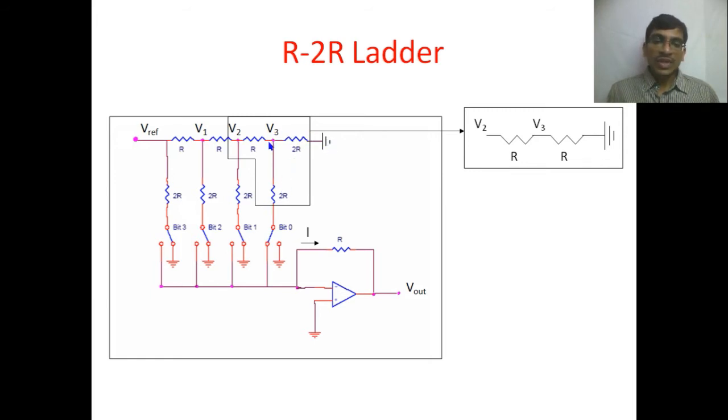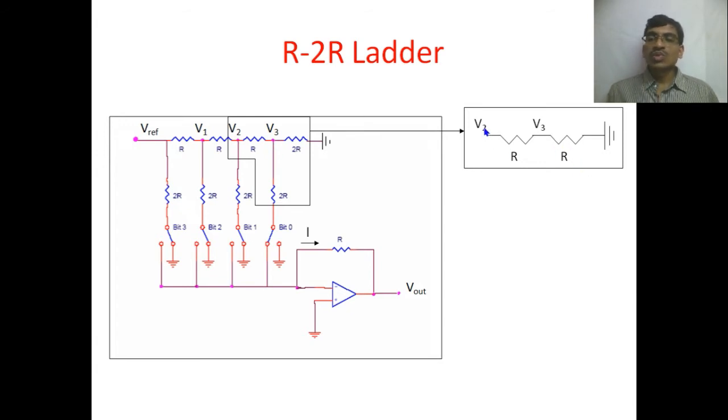When we see from node 3 to node 2, we have the circuit like this, and from V2 to V3 we have a resistor R, this one. From the V2 node to the V3 node we have a resistance R, and from the V3 node to the ground terminal, because of this parallel combination we just calculated, the equivalent resistance is R. That's why it is represented as another resistor R from V3 to the ground. These two are in series combination, but what is the voltage at node V3? It is the voltage across the resistance R.